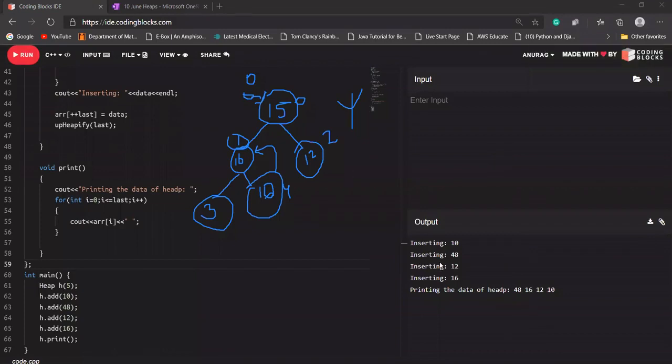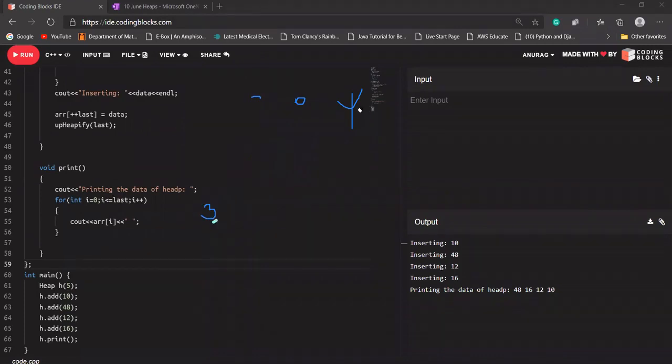Let's create the heap for these values first, because this is stored in an array. I'm going to create a heap for this array.